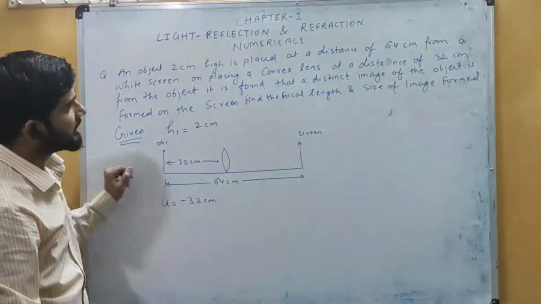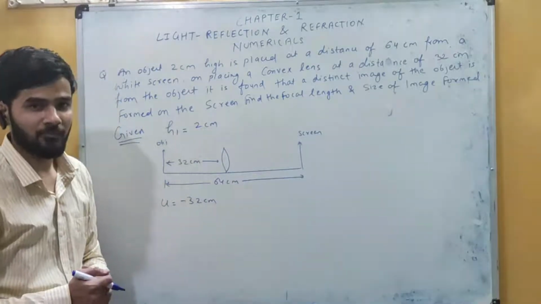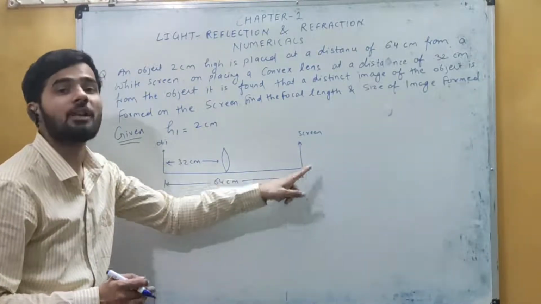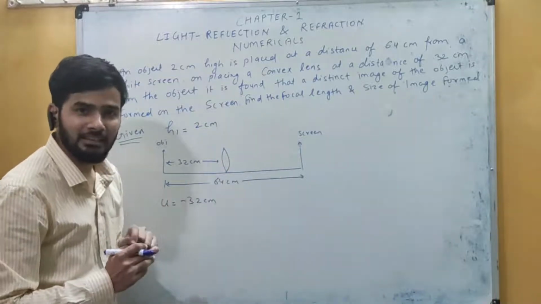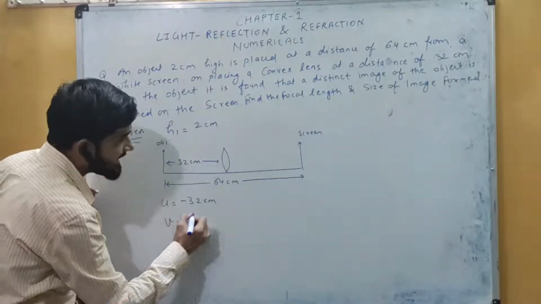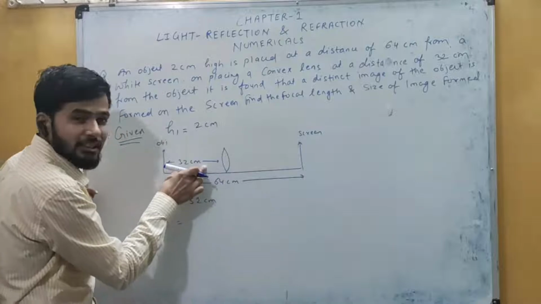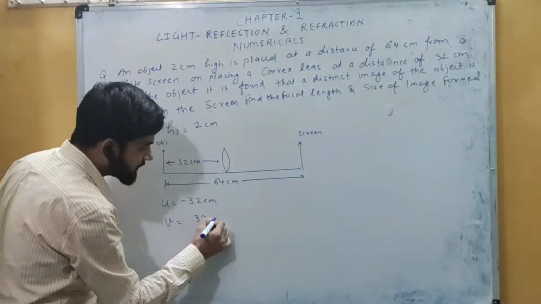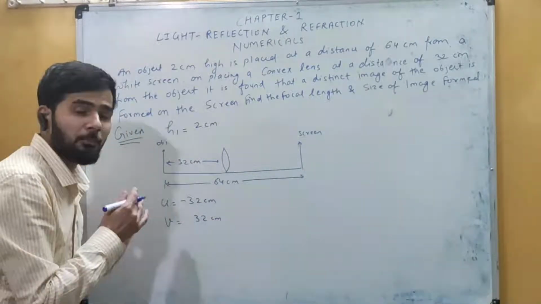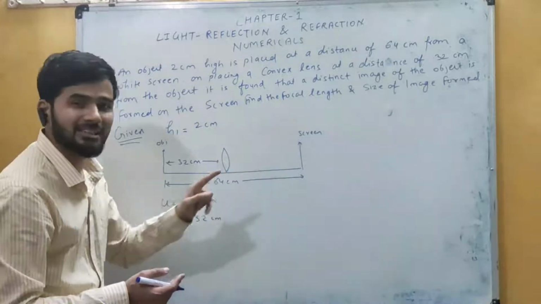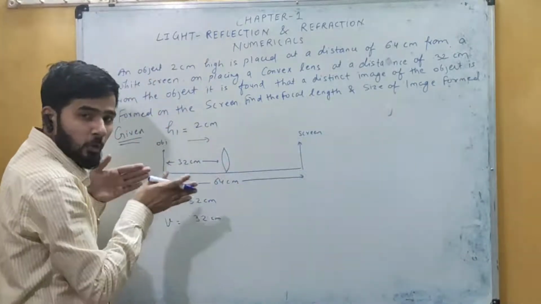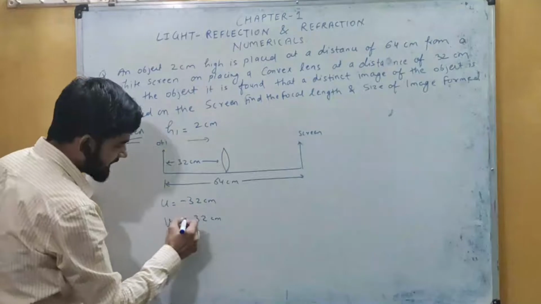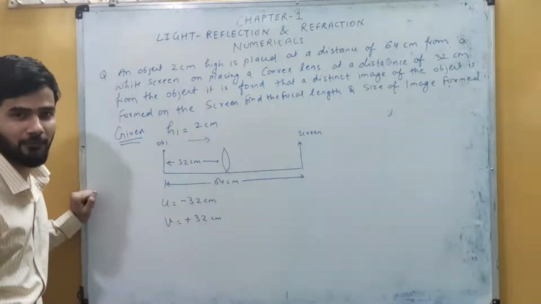Okay. Now here, what will be the image distance? Here, the image is formed on the screen and we are always calculating the distance of the image from the lens. So here, this image distance v is equal to 64 minus 32, that is equal to 32 centimeter. But it will be positive or negative? It is forming on the other side. Light ray का direction इधर है and we are measuring from the optical center. Both are along the same direction. So this v will be equal to positive.